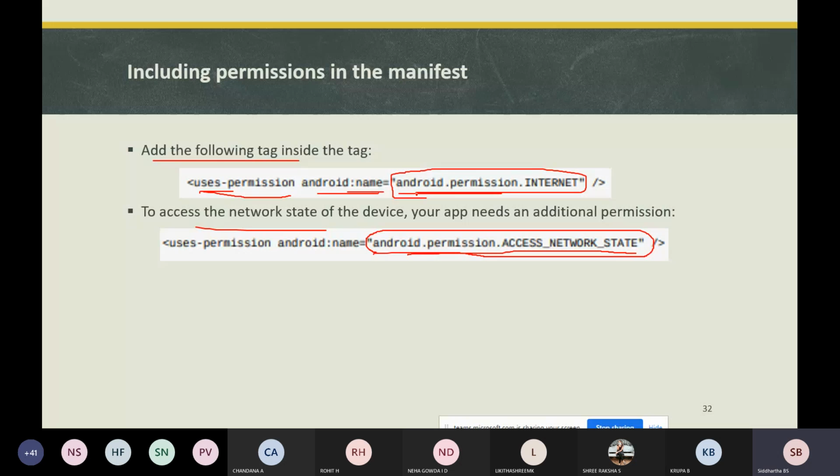After that, you need to parse the result. When you make web API queries, the results are often in JSON format. JSON's full form is JavaScript Object Notation. So if you make any request to the web API, the results from these API queries will be in the format of JSON.